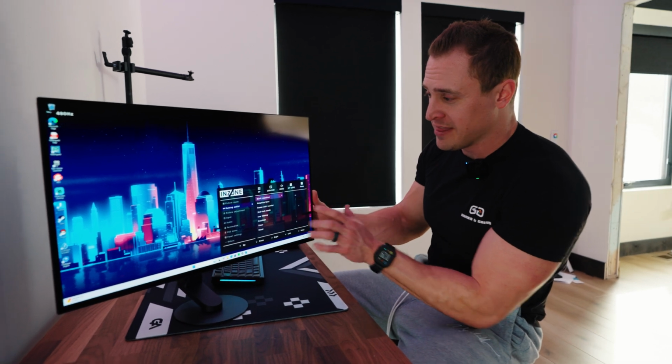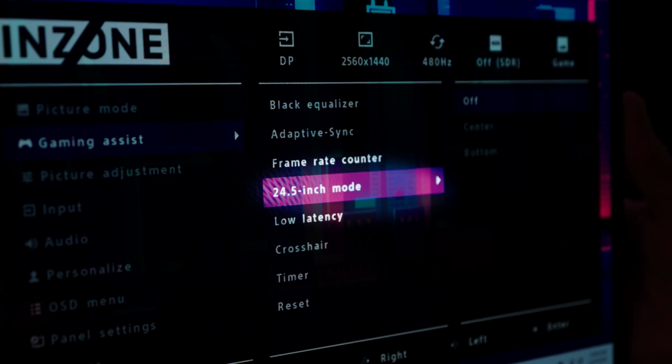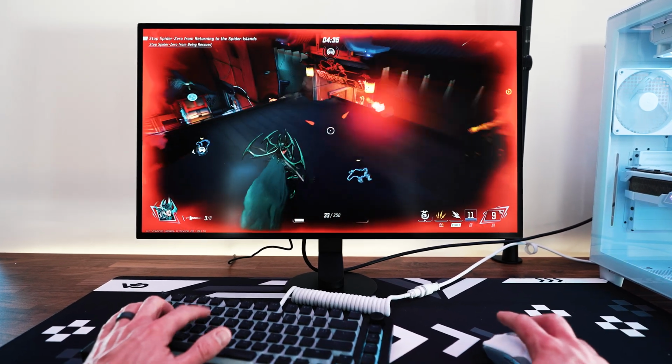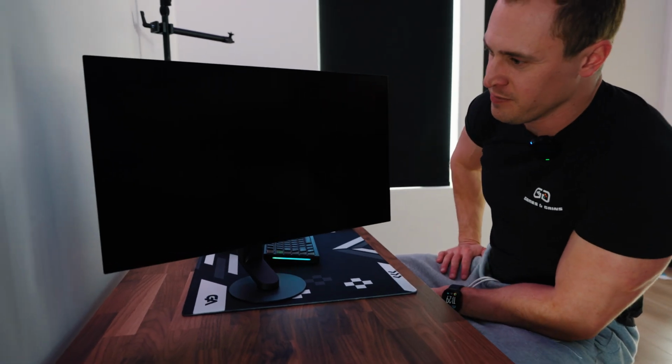Well, the cool thing about the Inzone monitor is it actually has a built-in 24-inch display. And you can either do it on the center of the screen or the bottom of the screen, because when you talk about FPS games, the majority of people like to be at that 24-inch. So you come in here, hit center,